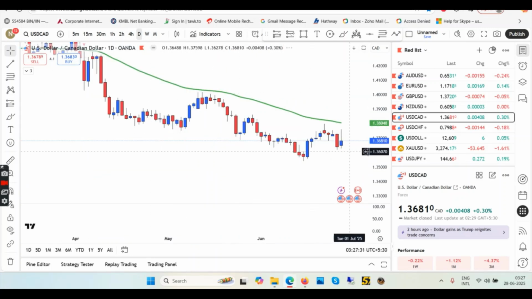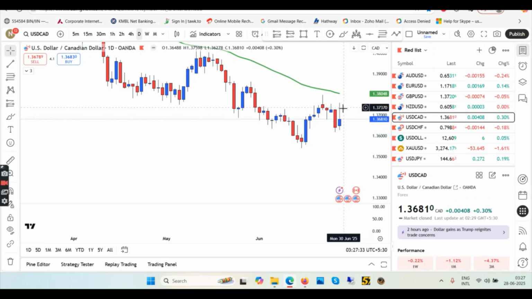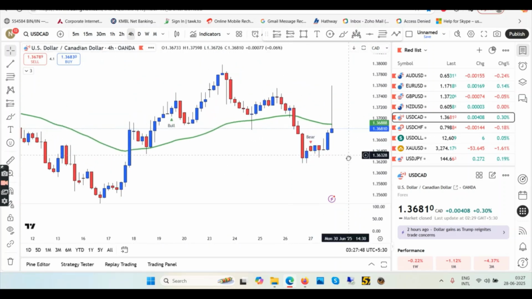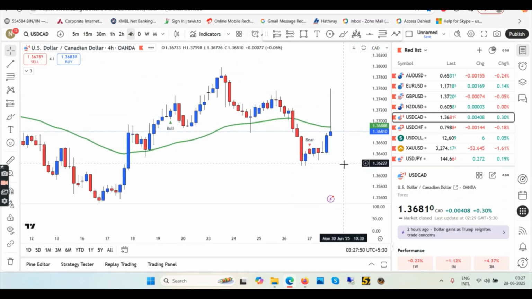Okay, coming back to the daily chart. Daily, we have the rejection. So yes, we have to keep an eye. We have a long wick rejection, which means that we should carry on going down, but our entry should come from the 4 hour. That's your entry.